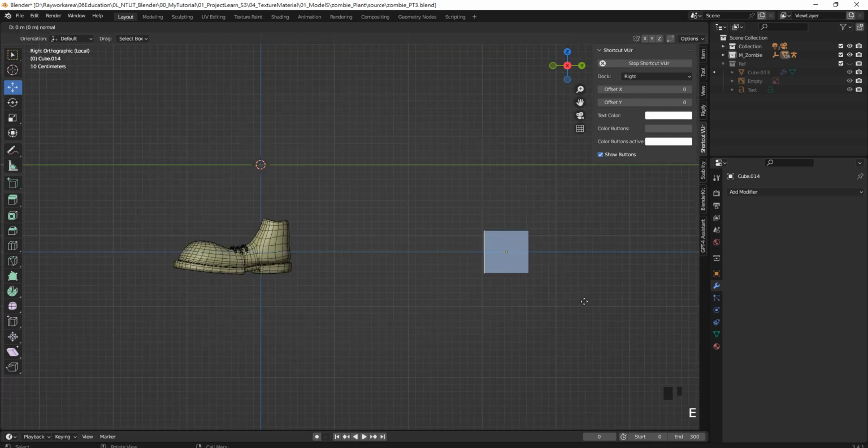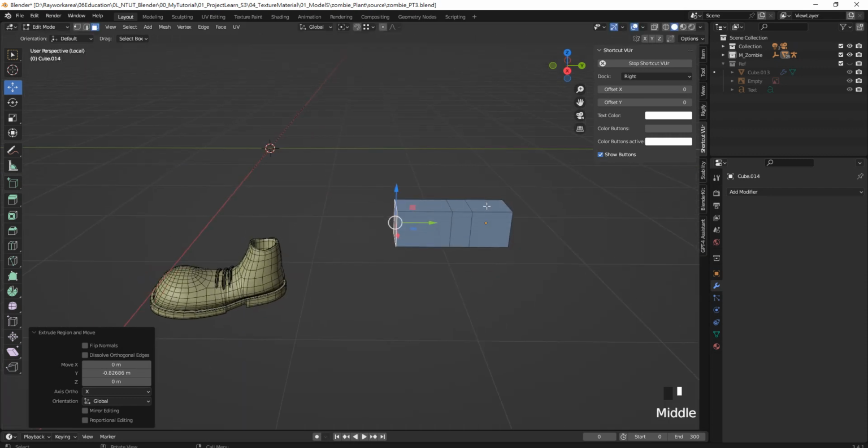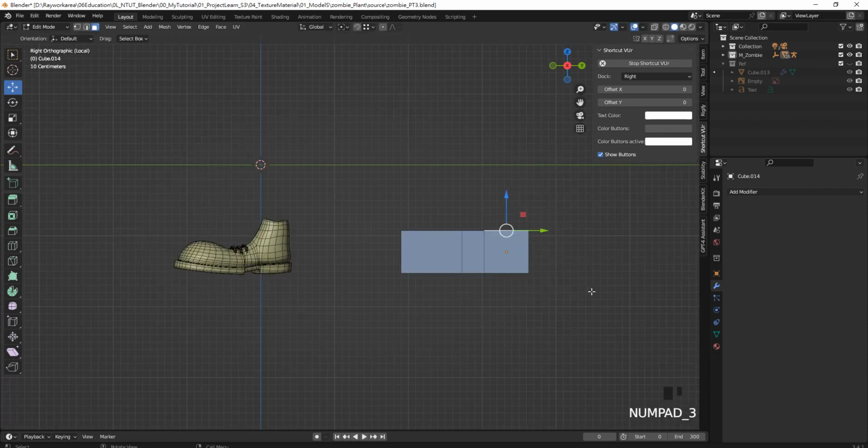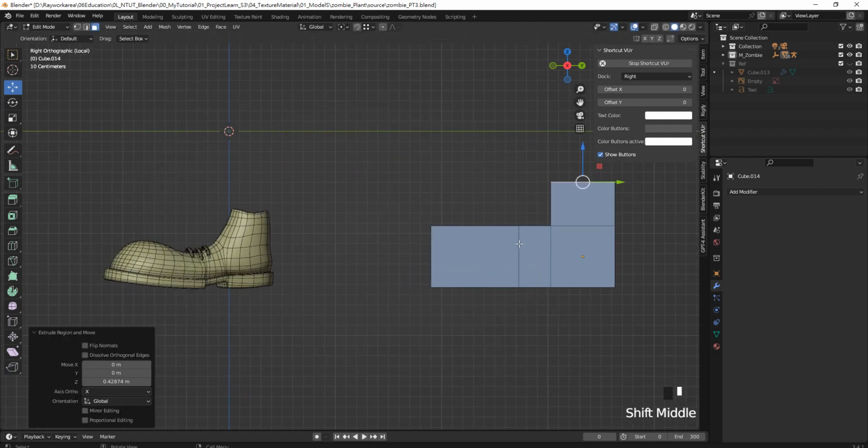So first thing is press E and Y for extrusions. I think we can extrude 3 times, E and Y for extrusions. And for this part we have to do the same thing. So press E and Z for extrusions. Okay, and now let's start to do the